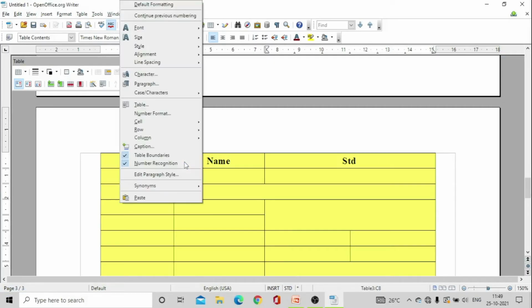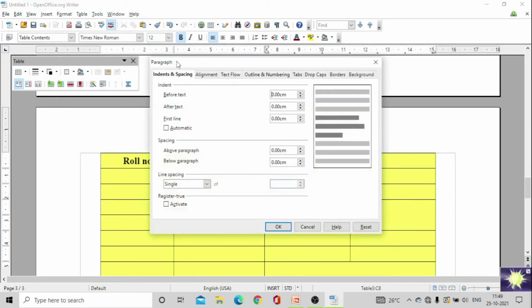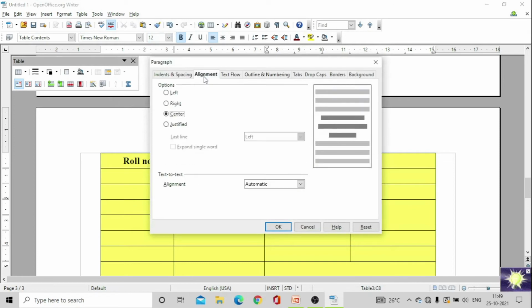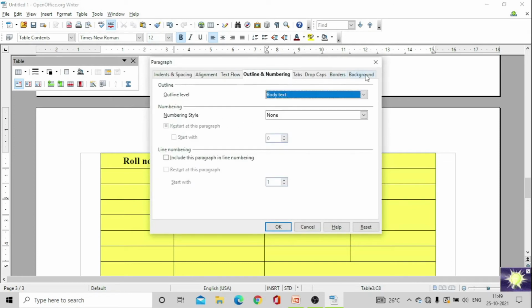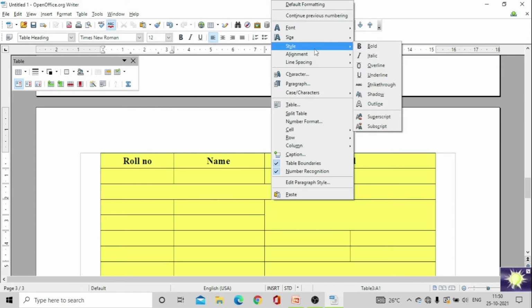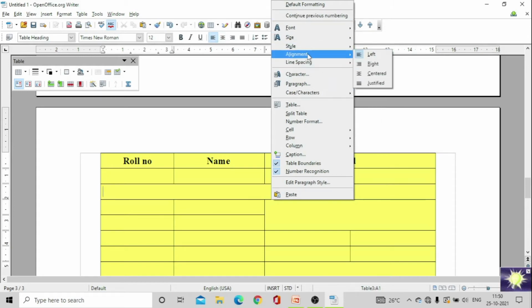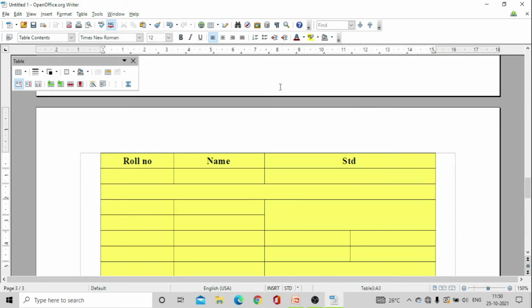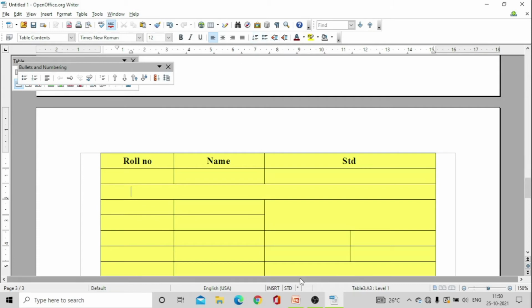Yes, we will select the text here. And as you can see here, there is paragraph here. And in the paragraph dialog box, we have got indent, spacing, alignment. You can choose text flow also, outline and all. And here, as you can see, there are different styles, bold, italic, overline. You can add superscript and subscript also here. And in the alignment, there are 4. And line spacing also you can do, that is single, 1.5 lines or double. And here you can add bullets and numbering also. That means here you can add bullets. Yes, so here we have added bullets also. And you can add numbering also in the same way. Let's move to the next questions.